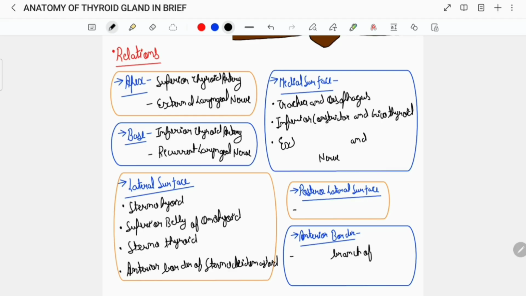And also to the external laryngeal and the recurrent laryngeal nerve. The posterolateral surface is related to the carotid sheath,